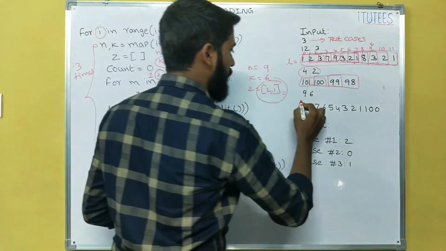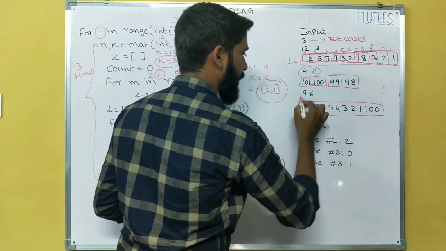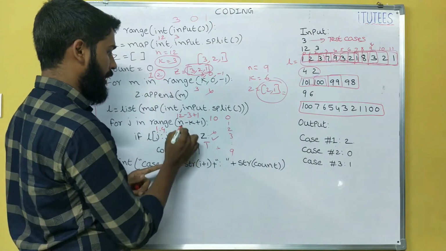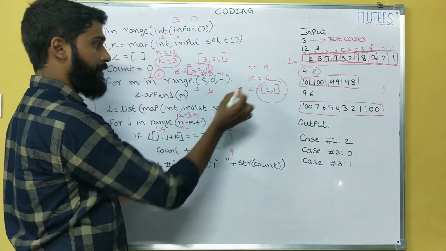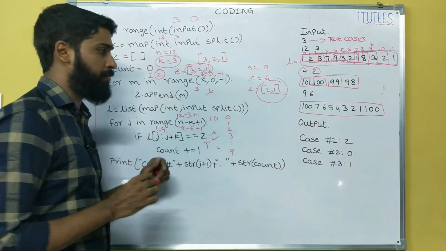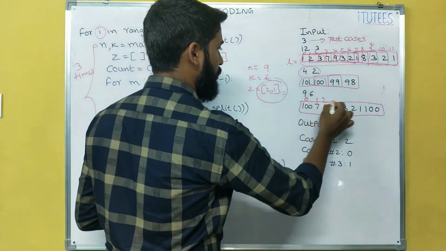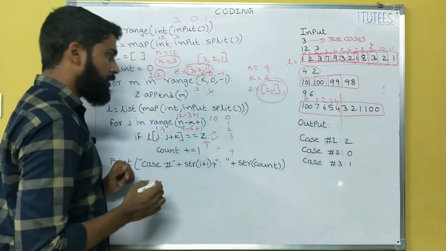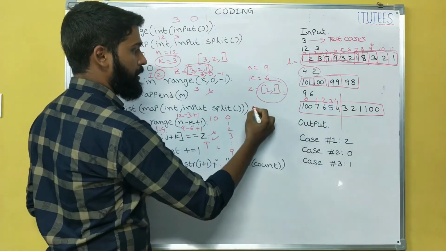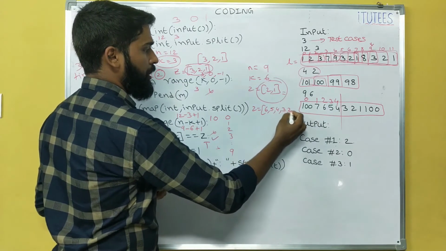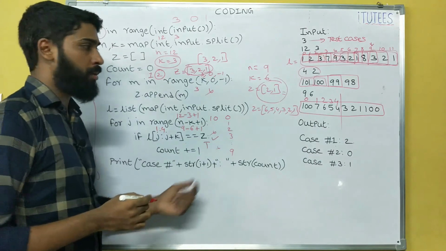Okay, so in this we are going to compare up to n. What is the n value? 9. What is the k value? 6, plus 1. That means 10 minus 6 means 4. That means here 0, 1, 2, 3, 4. We can compare up to here. So what is z for 6? The z values are 6, 5, 4, 3, 2, 1. Okay, now we can check.